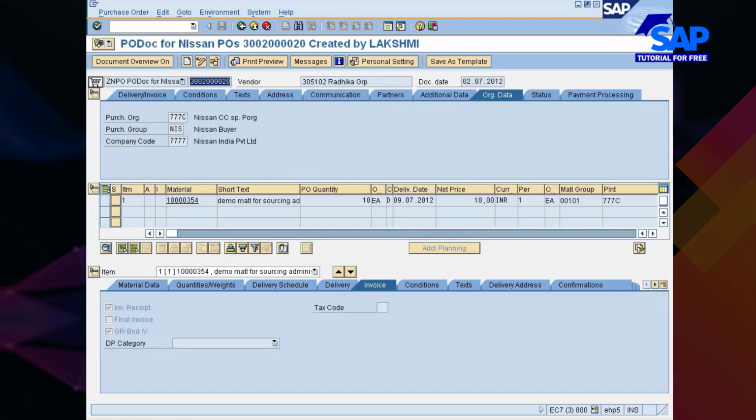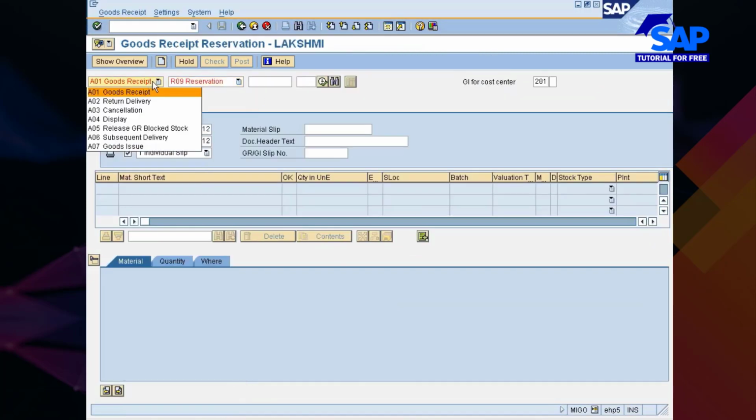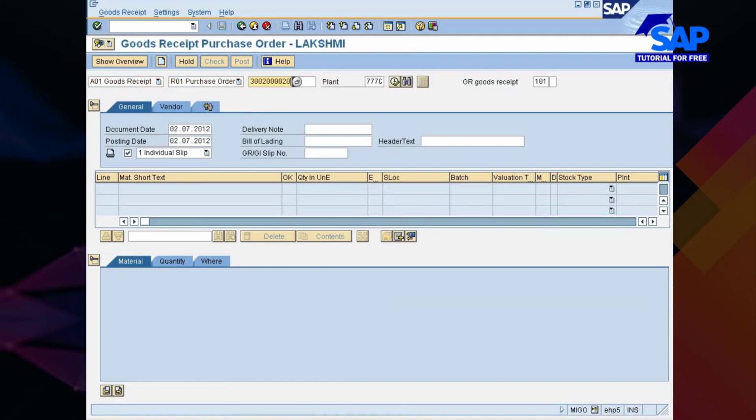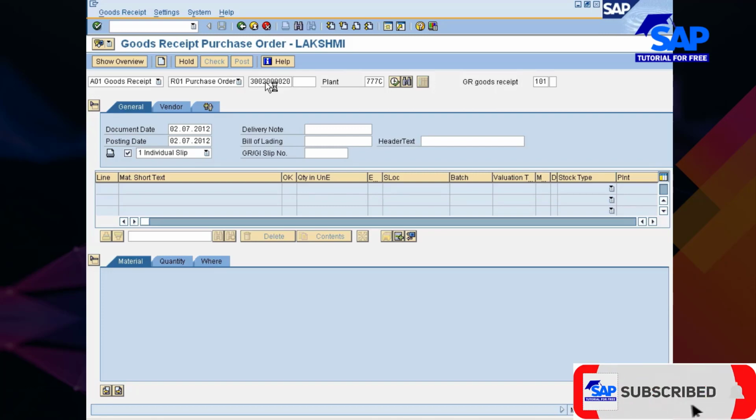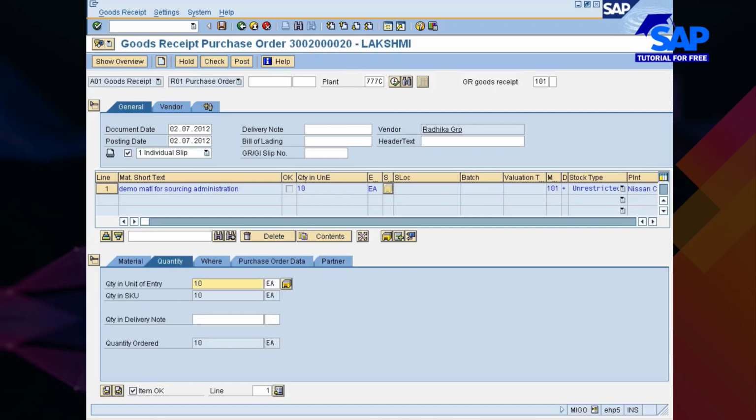Look at here, I'm going to do receipt for this PO. Okay, so now this is going to touch the configurations. For example, if I go and check, you will have some messages.